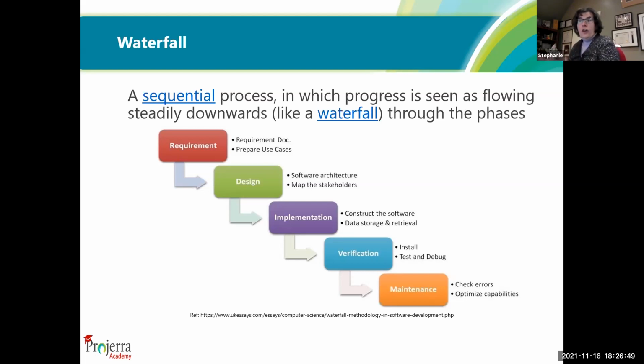So it started with NASA. It started with civil engineering. It makes sense if you're building a 30-story office tower that you know exactly what the requirements and the design are, because there's certain amounts of engineering that need to go into making a 30-story tower versus a 10-story tower.